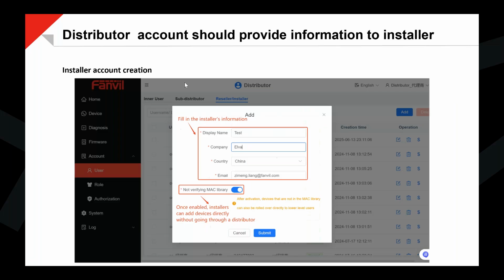As you can see here, you can just add company name, country, and for not verifying MAC library, once enabled, installers can add devices directly without going to the distributor. So this is really strict if you want to allow the installer to directly add